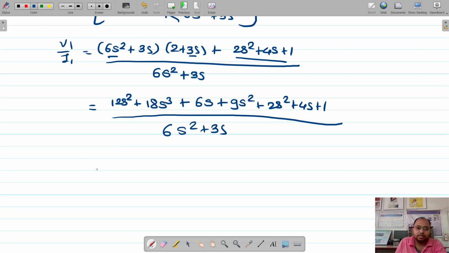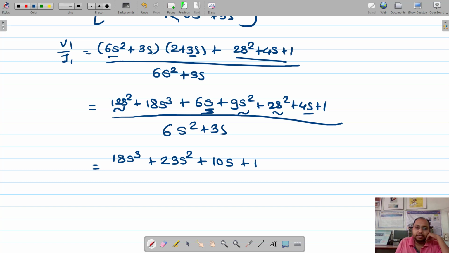Now let us simplify that, and then finally we'll take its reciprocal. So 18s cube plus, now let us add the s square terms. 12 plus 2 is 14, 14 plus 9 is 23, so 23s square plus, what about s? Only two terms are there, so 4 plus 6 is 10s,